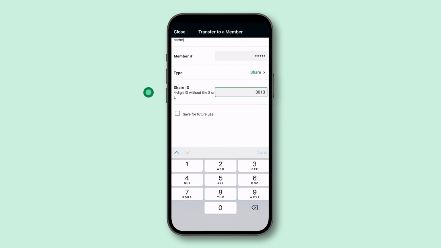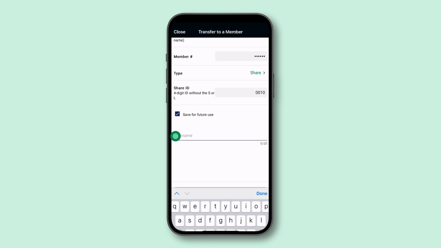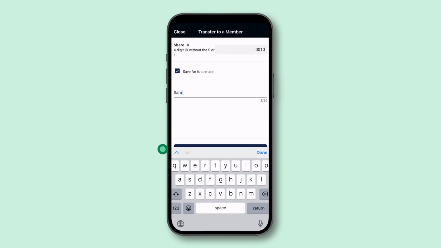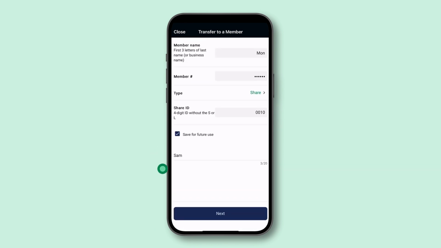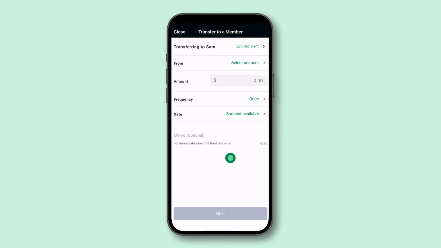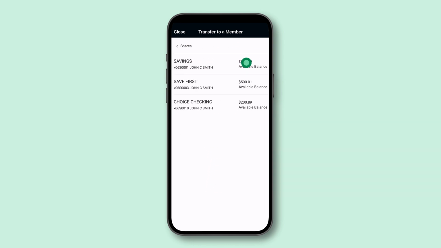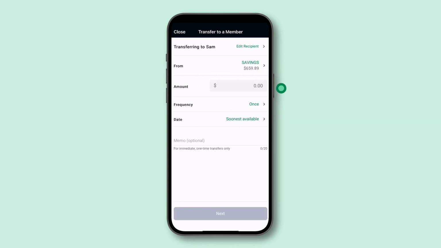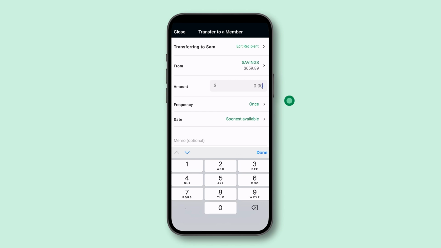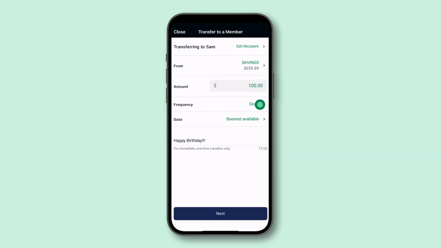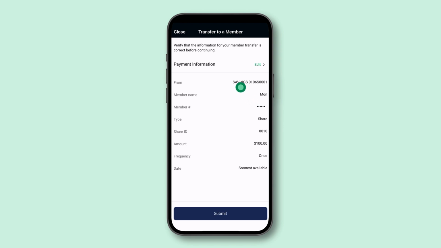If you plan to make more transfers to this member, add a nickname for that account and save it. Choose which account you are transferring from, the amount you want to transfer, the frequency of transfers, and the date to schedule the transfer. After you've entered the information, click Next and verify the information is correct before submitting the